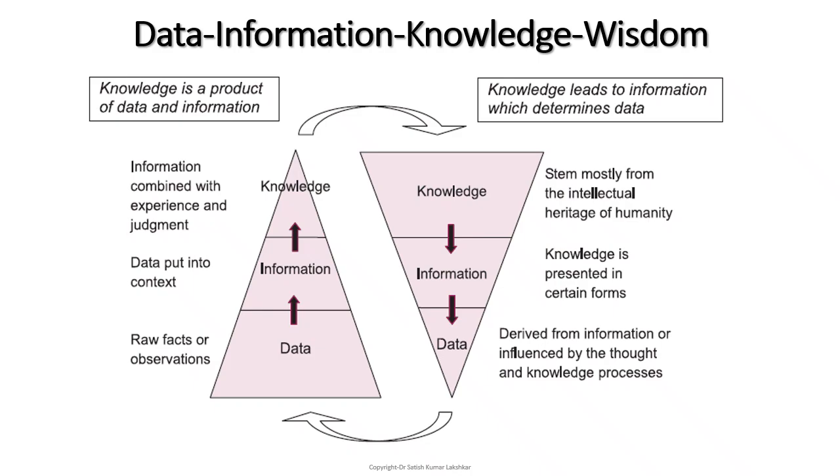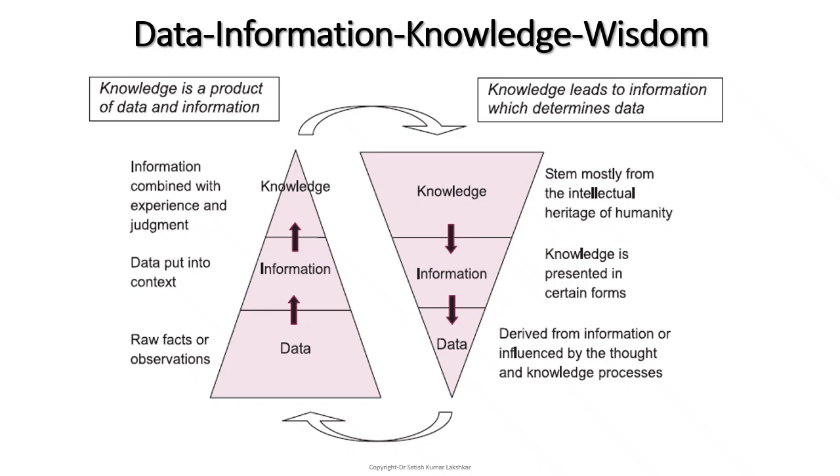or even if we want to solve any business problem, we need to have some knowledge, and then we apply this knowledge. Once we get this knowledge, information combined with experience and judgment, this knowledge can be implemented. So we can see there is a triangle, or a pyramid. The reverse pyramid is also workable. We can talk about the reverse triangle also. Once we have the knowledge, we can extract the information out of the knowledge, and further we can get some data from the information also.